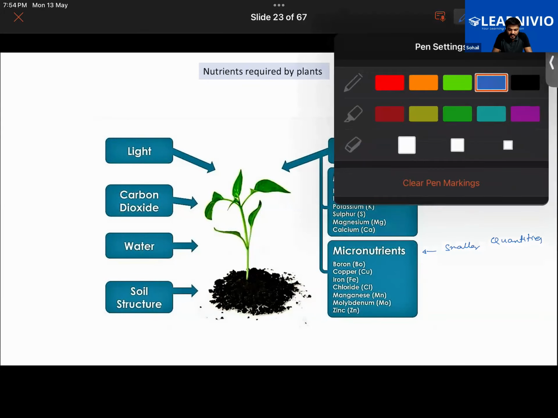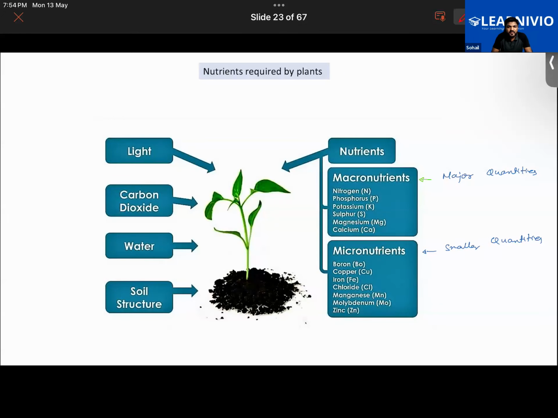Exactly. So you have different types of nutrients. For example, nitrogen, phosphorus, potassium, sulfur, magnesium, calcium. These are the major nutrients required by the plants. Then there are some nutrients required in small amounts, but they are also essential. Without them, the plants will not grow properly, so they are required. For example, if I were to talk about